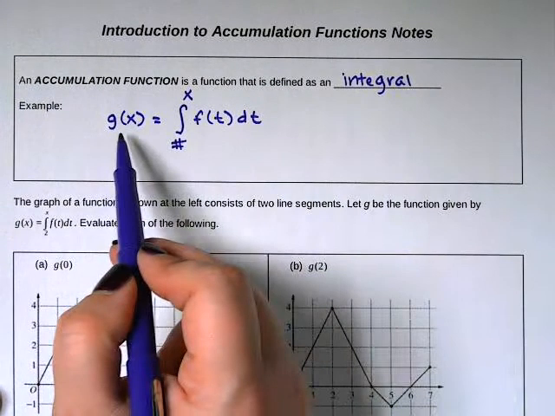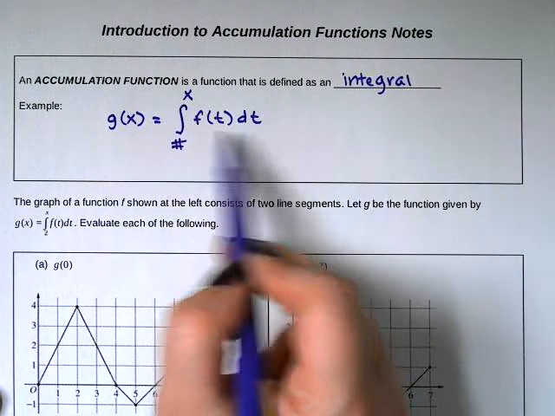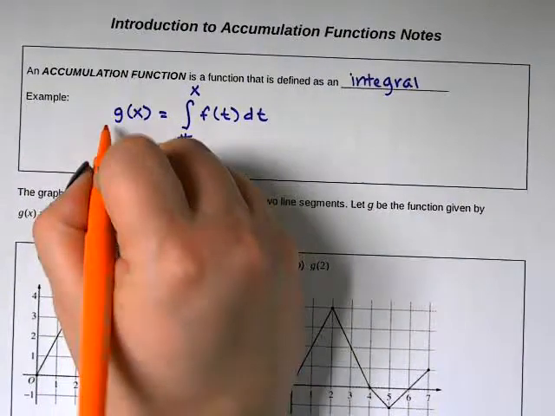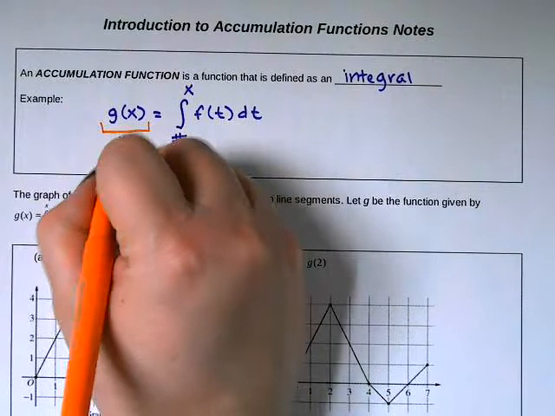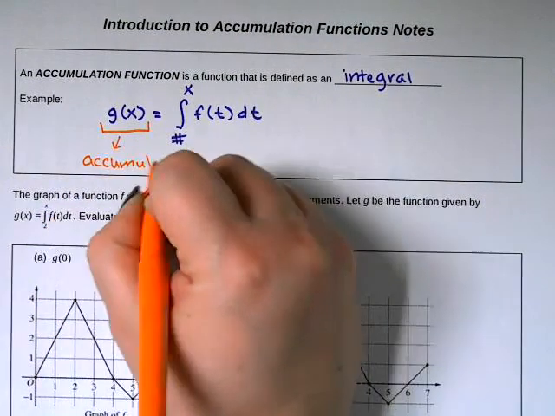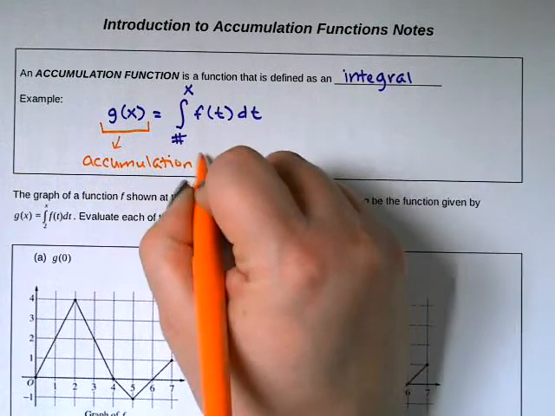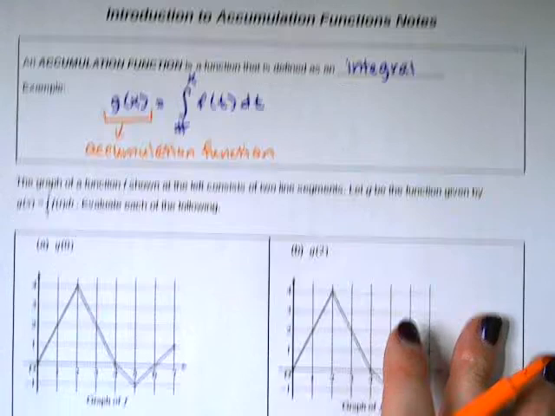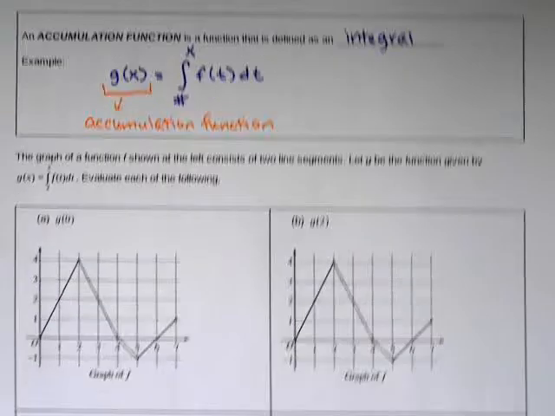So g is the integral of this different function f. That means that g is our accumulation function. So we're going to look at what this actually means and how we can evaluate